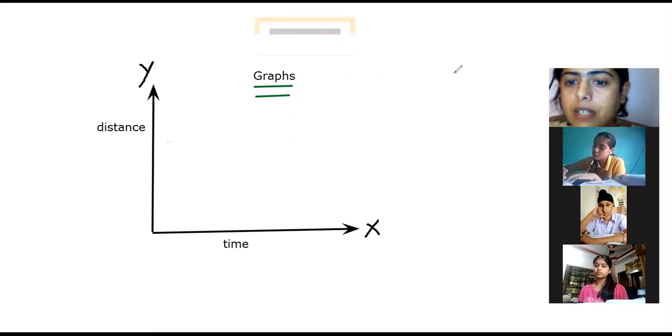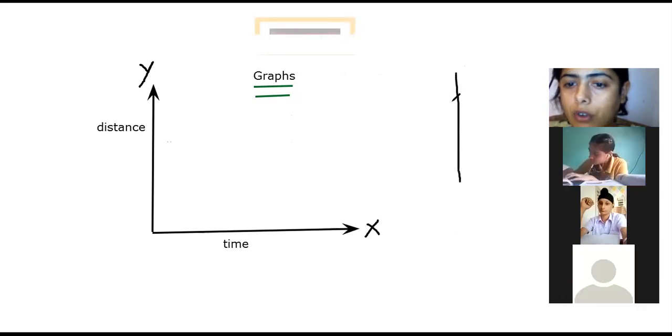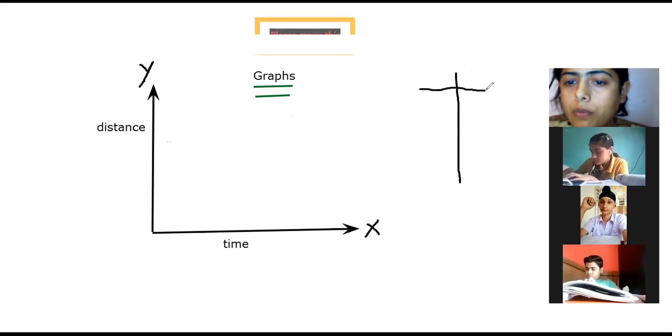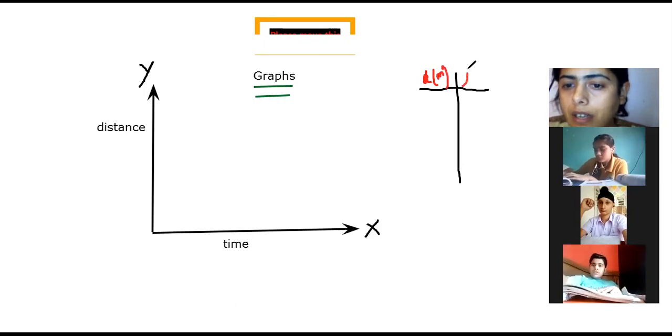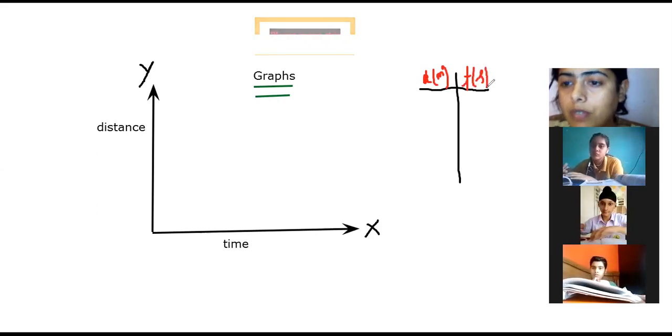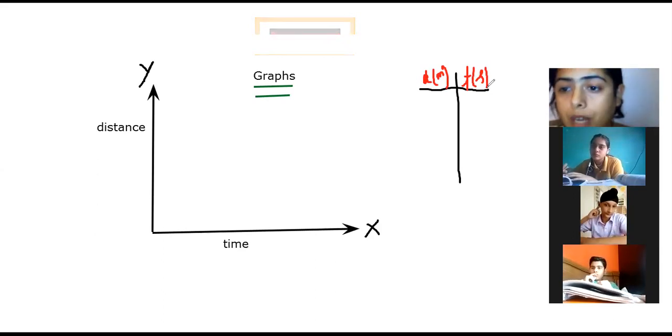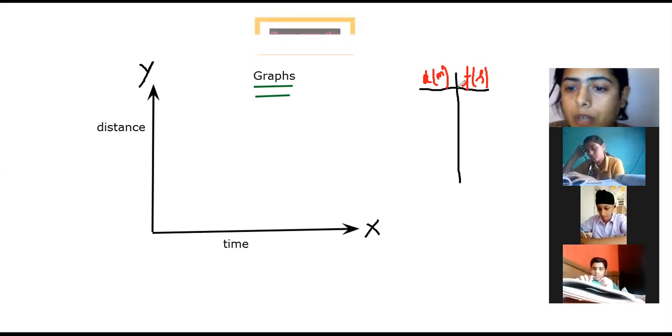Okay. Now let's draw a table and plot the graph accordingly. This table is going to be between the distance and the time. Fine. So you will be having the distance, and along with that we write its unit in the bracket. We will take the distance in meter and the time in second. You have to write the units in the bracket, because otherwise it will be confusing whether this time is in years, months, seconds, minutes, hours, whatever it is. Fine. तो हमने यूनिट साथ में जरूर लिखना है.